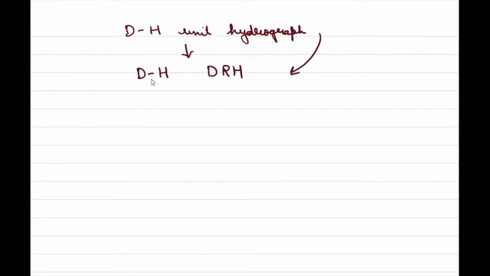So far we have learned that if you give me any D-hour unit hydrograph, I can easily calculate any D-hour DRH. That is, from a unit hydrograph, I can quickly go to any other DRH of a storm. That is a 5 centimeter storm, 6 centimeter storm, even a complex storm. I already solved an example in the last video, that is video 6.3, right? Everybody up to that page should be clear.